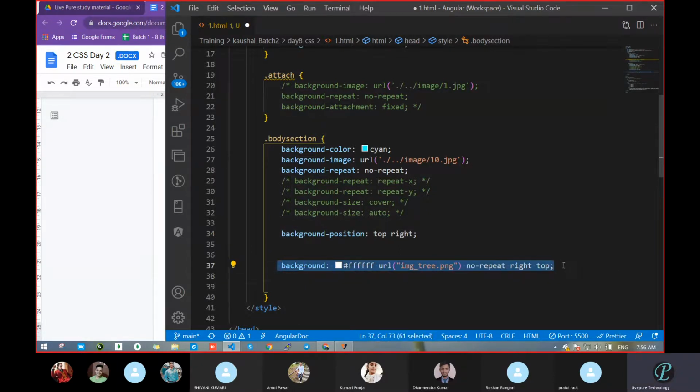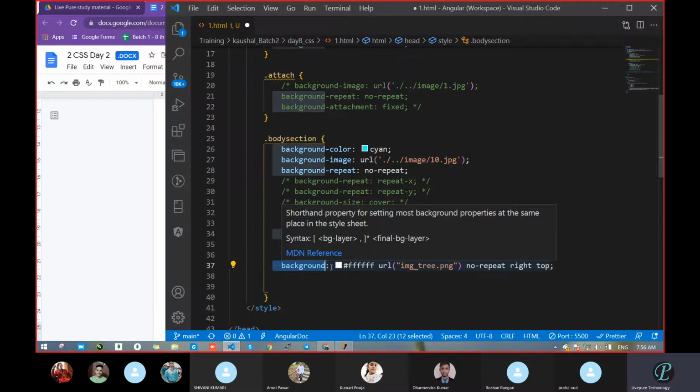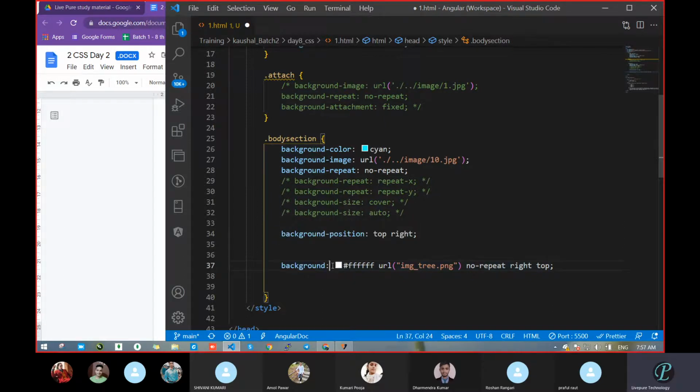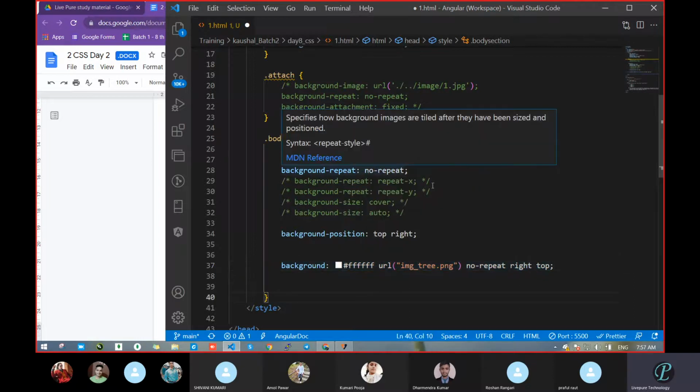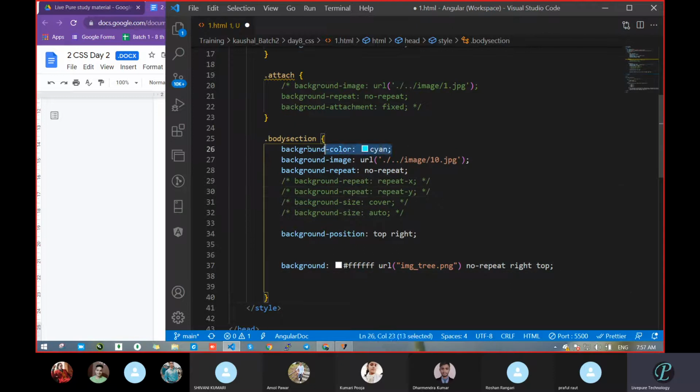When you start writing shorthand notation, you do not have to give different properties, just pass background. That's it. Because above you can see that we had written background-position, background-color, background-image, background-repeat, like this. But when writing shorthand, there is no need to pass it like this. Just pass one common name, background, and whatever you pass after that, it will automatically take all of those. Like a color, we had passed a color name here.